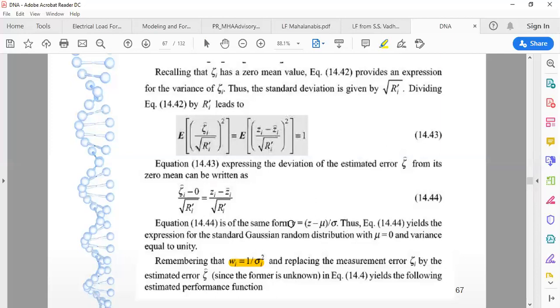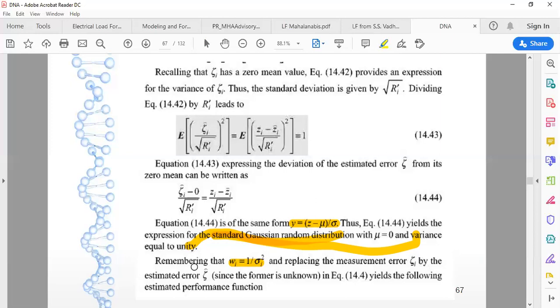Now, see, y is equal to z minus mu by sigma, where y is nothing but the value offered due to the probability function. At any point of time, my meter will show me the value of y, which is z minus mu divided by sigma. If we plot that expression on a Gaussian distribution curve with mu equal to 0, then we can say that the variance is equal to unity. Why so? Because mu will be 0, so the positive side and negative side both have equal value, hence the variance will be unity.